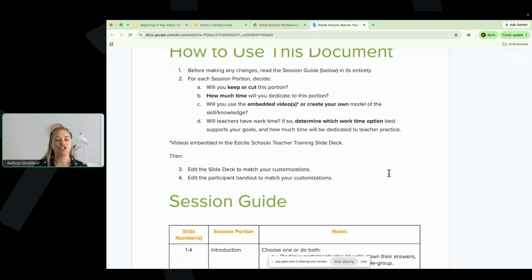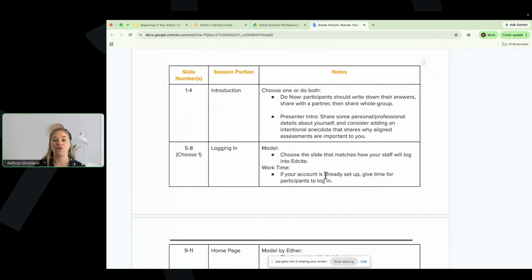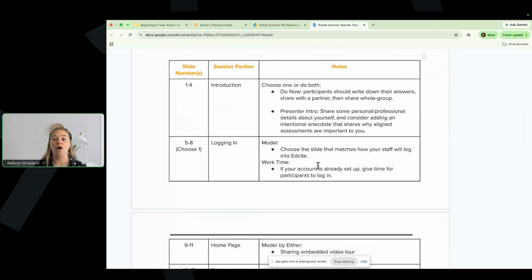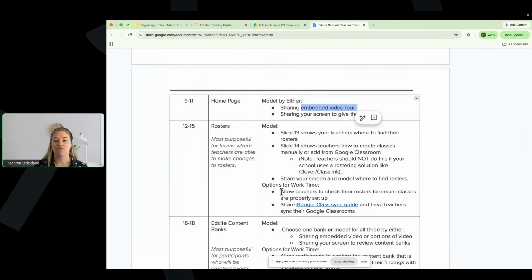And then we have session portions. For each session portion, you'll see what slides go along with that session portion. And then you'll have some notes that will show you either how you could model this or what video models are available. You'll see that the large majority of these session portions have an embedded video tour. So there, it's a really low lift for you. You can just press play. And then we also generally have work time suggestions, sometimes even more than one,